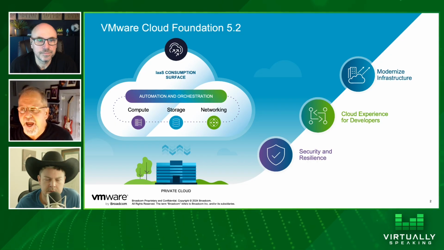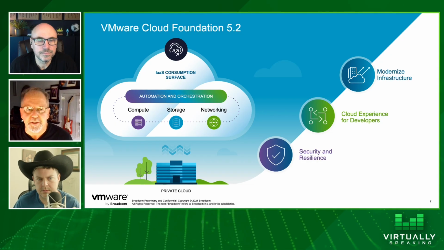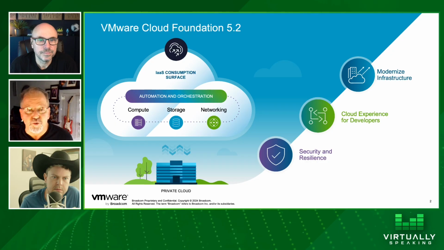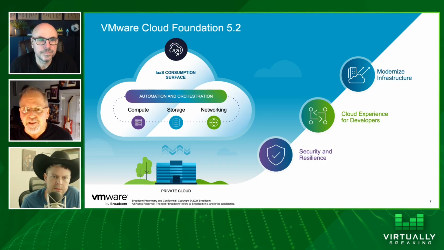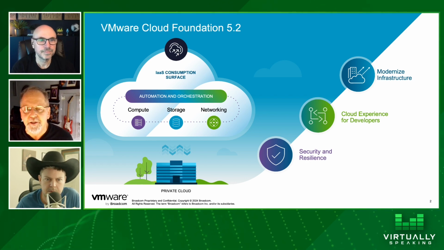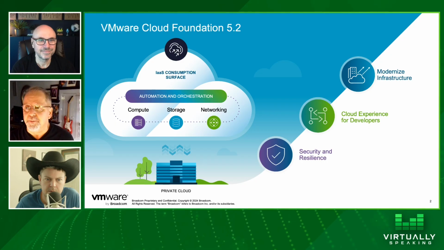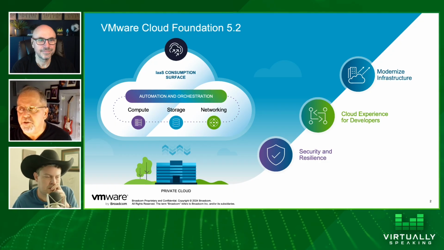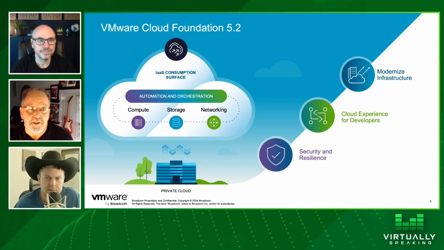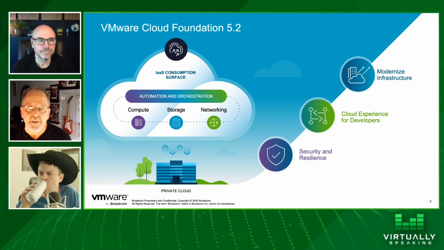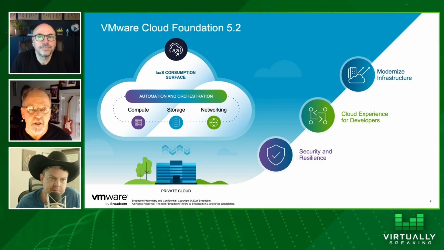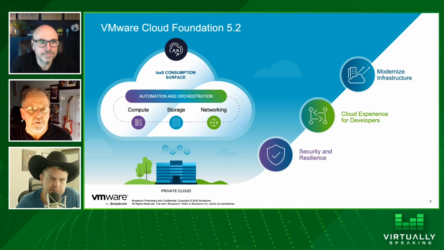And then, obviously you have to build around security and resilience, right? These are just non-negotiable requirements from a customer standpoint. So the ability to drive net new capabilities, like live patching. Can you imagine being able to do live patches across a vSphere and a VCF environment? And then also the ability to have flexible upgrades. So I think there's a lot of capabilities you'll see within 5.2 as we start to unpack it that now have real world applications. And the bottom line is a lot of these requirements were driven through our CTABs, through our customer forums, right? We've done a lot of engagement with our customers to understand what they're looking for, what they need.